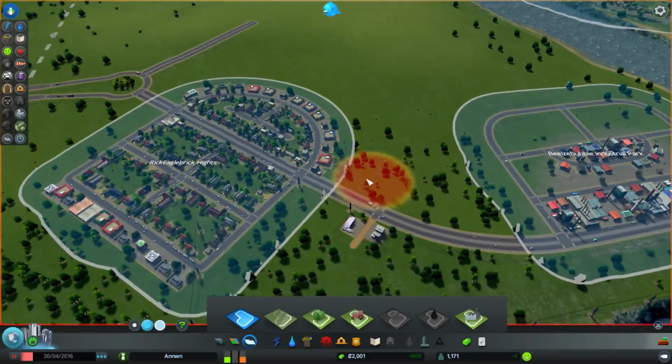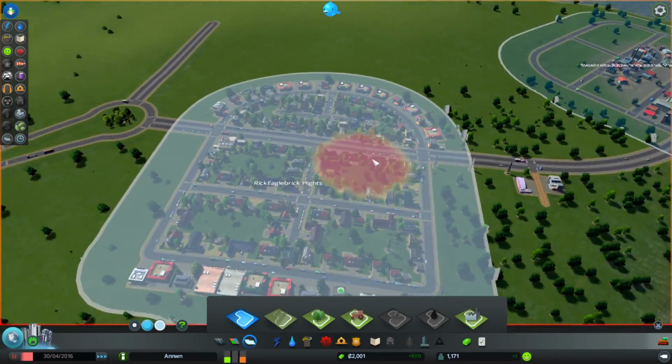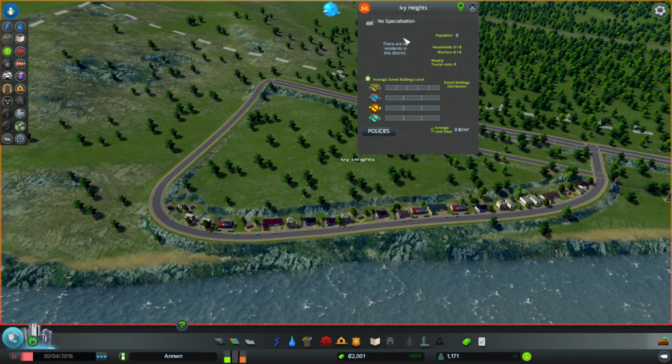Now. However, we've got Rick Eaglebrick Heights, so we're not going to be going with that one, as much as that makes sense to me. Let's get rid of that. Ivy Heights. We are going to be having a new name for you, and the name shall be... Where are we? We are down to... Oh, I like this one. Gentry. This is for Jacob Road. Gentry...